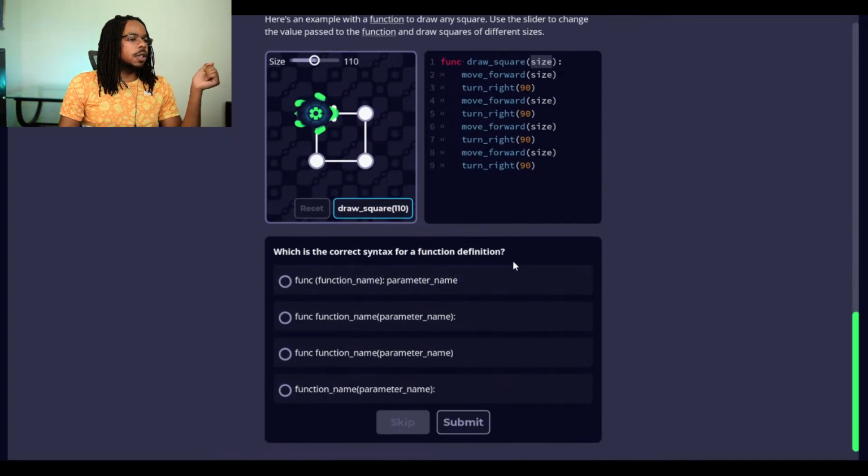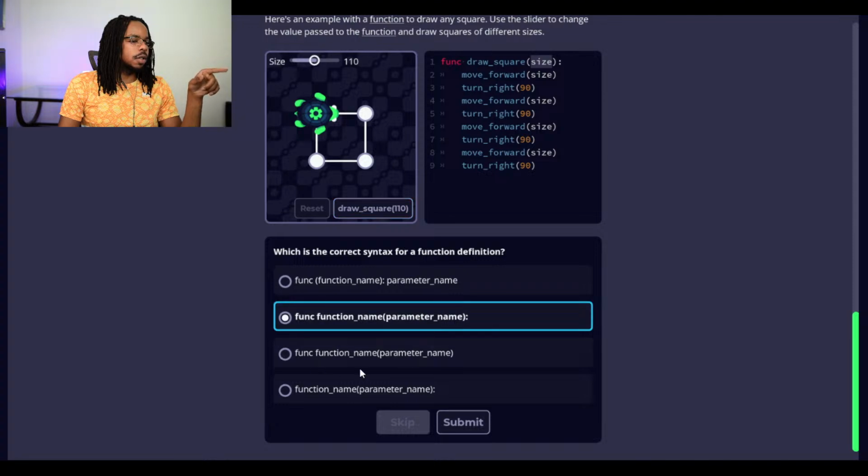Which is the correct syntax for a function definition? Function, no, that's just out of the way. Function name, parameter name. I like that. Function name, parameter name. Doesn't have a semicolon. And this one's missing function. So